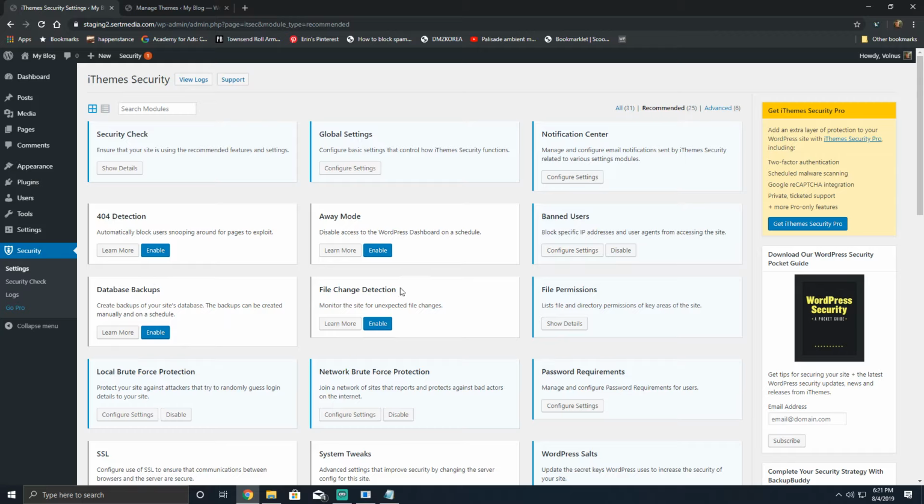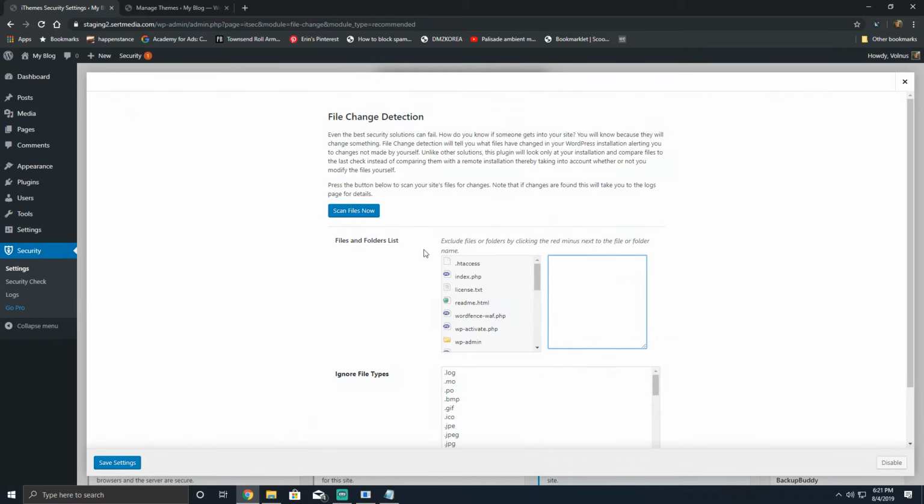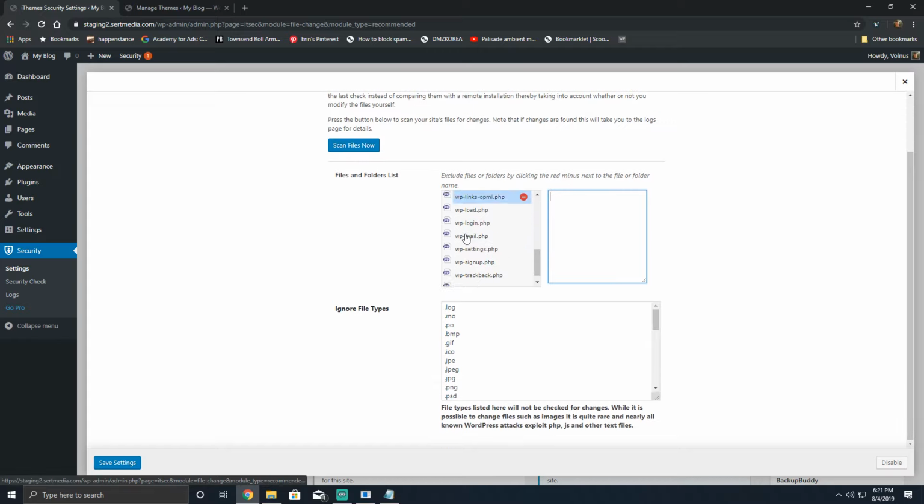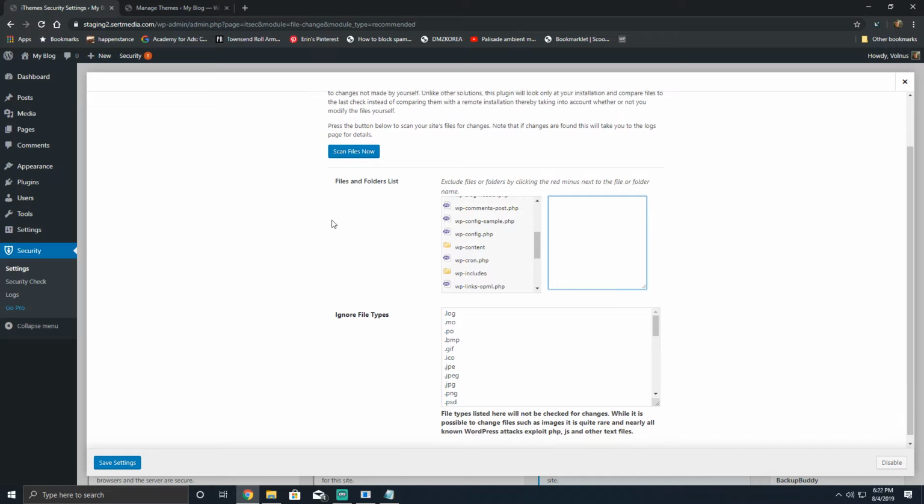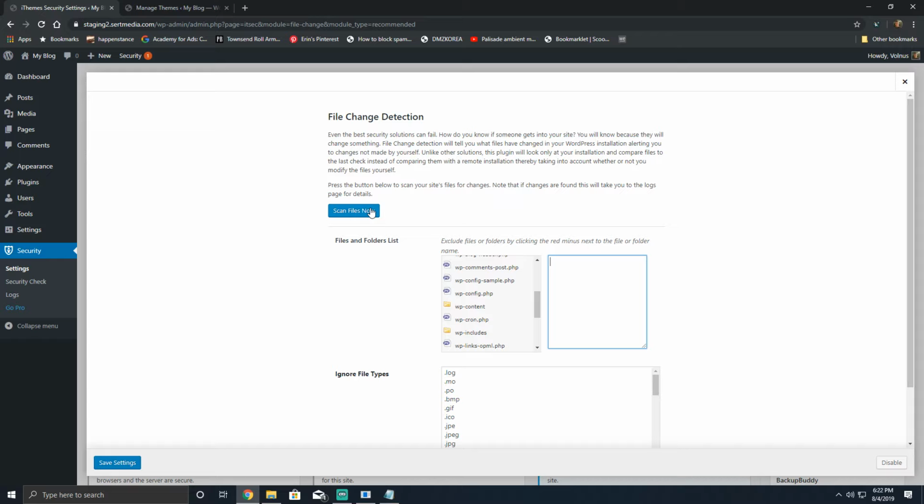File change detection. You can monitor the site for file changes. I don't use this option personally, but I'm going to go ahead and show you the configured options. Basically, what this will do is alert you if files have been modified in the WordPress installation. So if your WordPress includes has a bunch of changed files, chances are you've been hacked, and you can scan it there. It's very similar to the integrity check that WordFence does, but